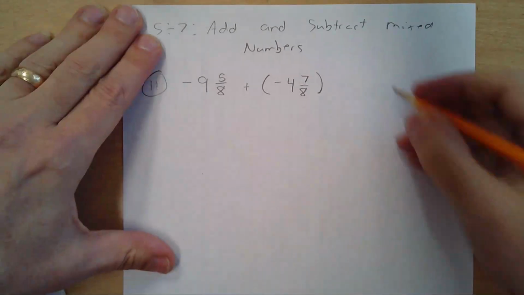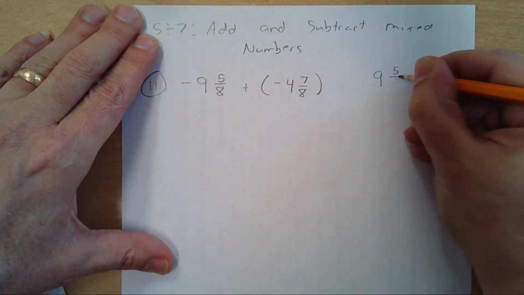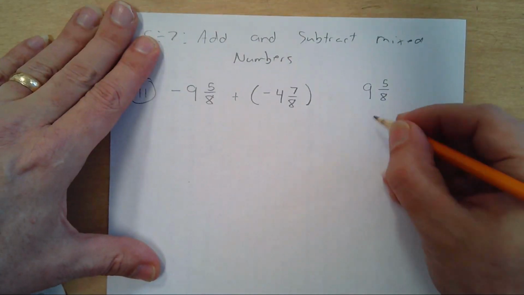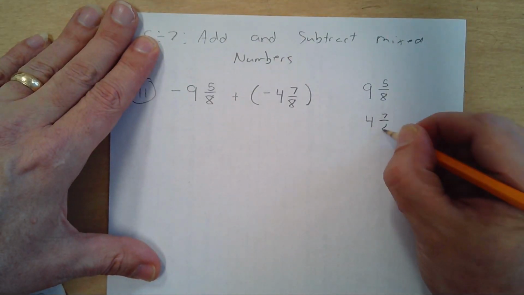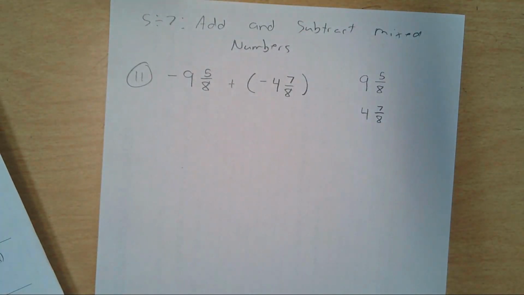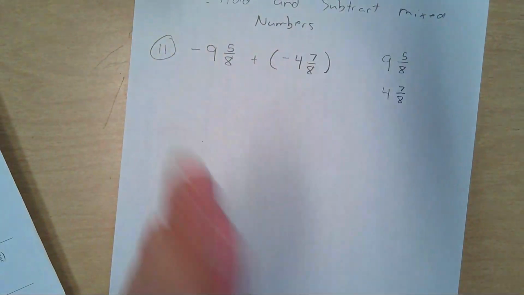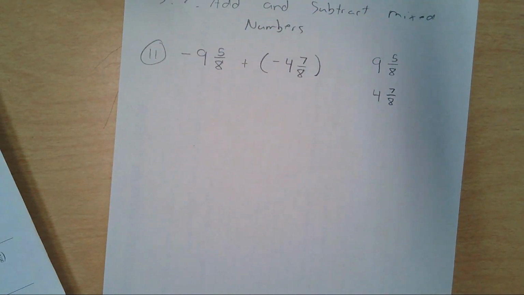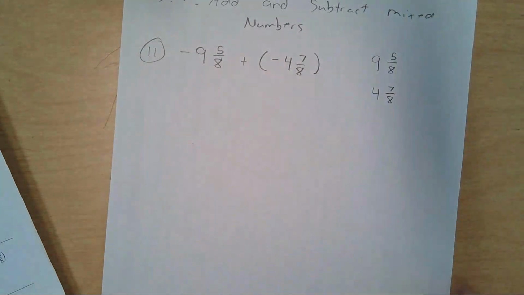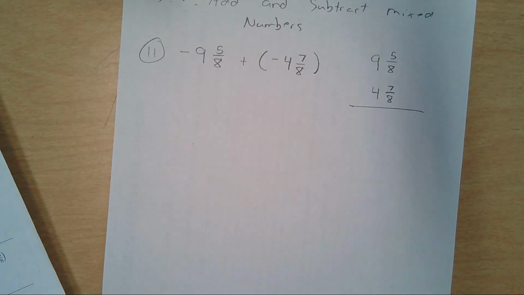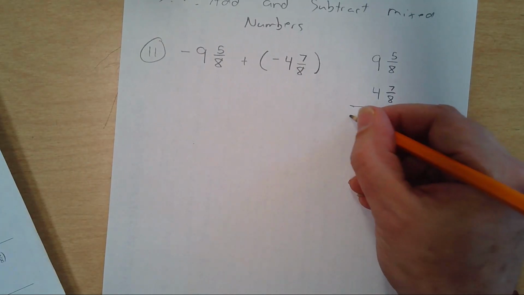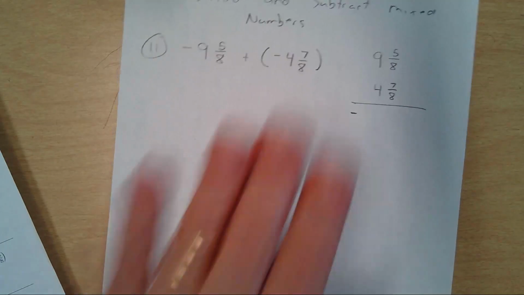You may want to consider rewriting some of these in vertical format, especially with common denominators, because we're going to have more than just the fraction going on. If you can keep it up in your head, hey, I'm not telling you not to, but some of these are going to get a little large, and just being able to have this up-down will make it a lot easier. But this one, of course, the signs are the same. I know it'll be negative, but what we do,